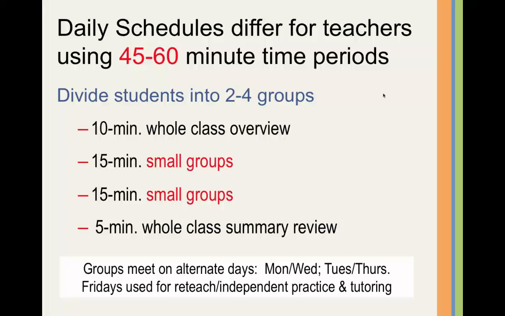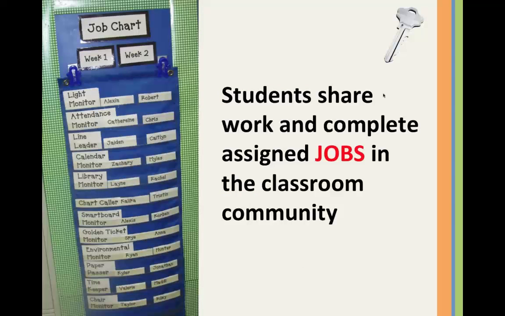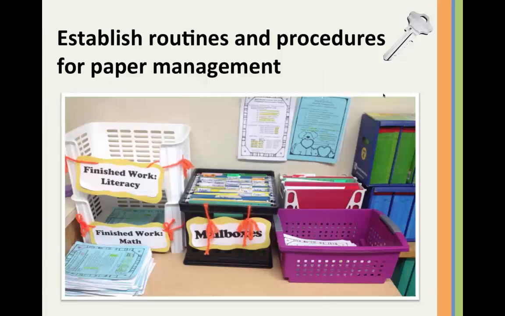So job chart, you can select any amount of jobs that you want or however many students you want to complete a job. Jobs are only completed during transitions in between activities, before something starts, after something starts. I usually assign about half of my class jobs the first week, and the other half of my class the second week. What are the rest of the kids doing if they don't have a job? They are working on their seat work. So helper charts can look however you want them to be. They look different in every classroom.